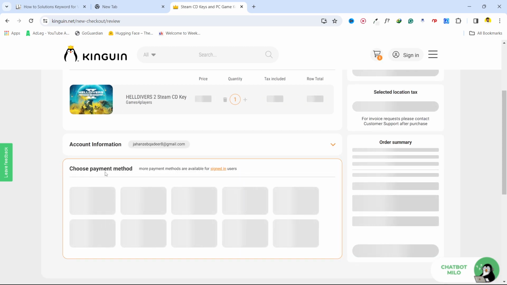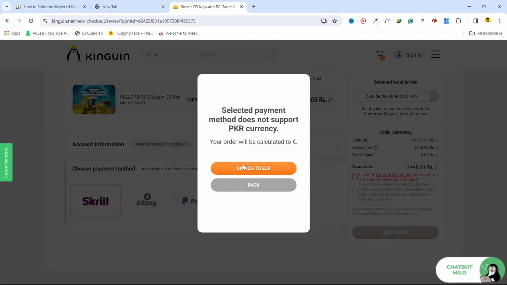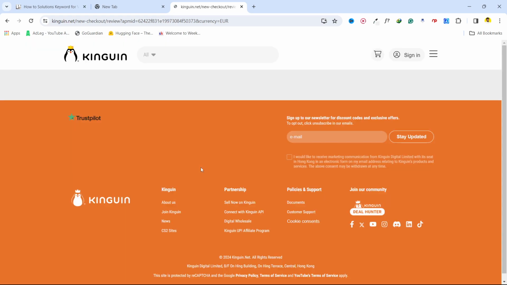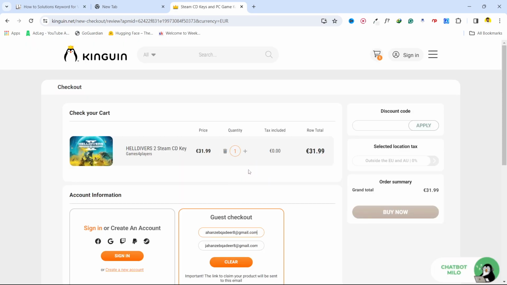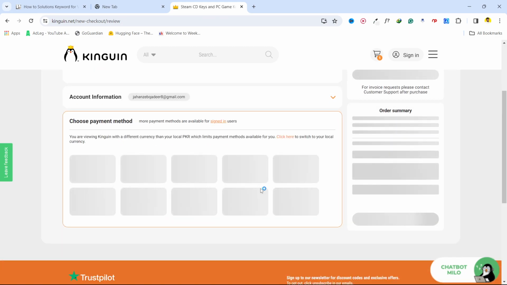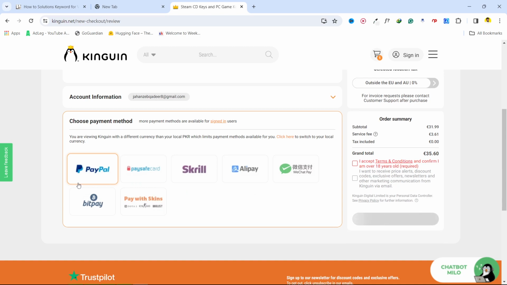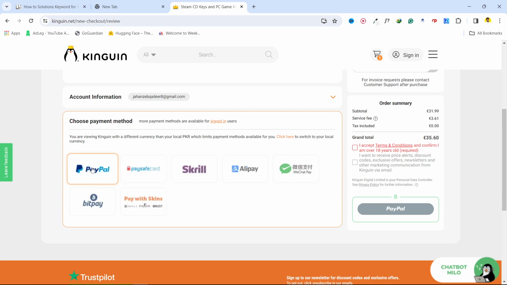And here you can see choose payment method. Then you simply need to select PayPal. The selected payment method does not support PKR, so I want to switch to euro. And once I switch the currency, a next page will pop up. So here it is PayPal, and then I need to add my details